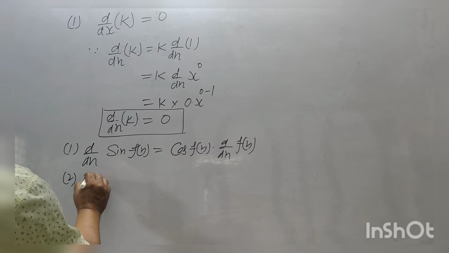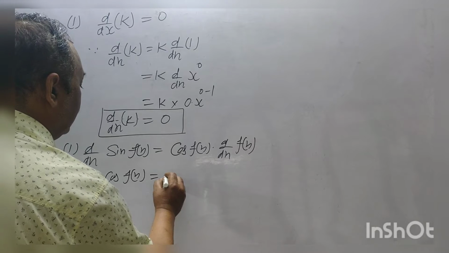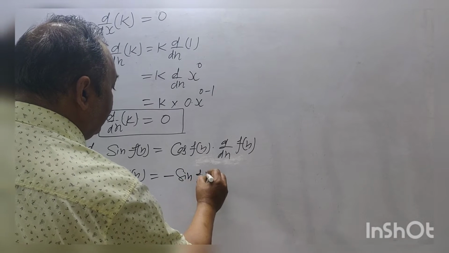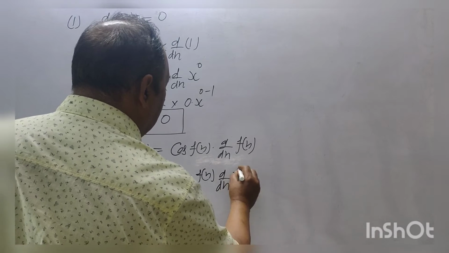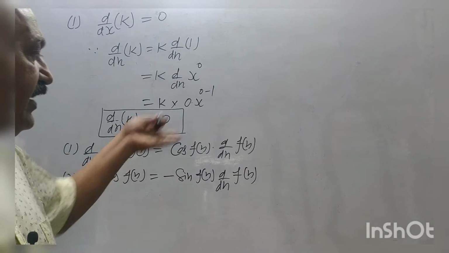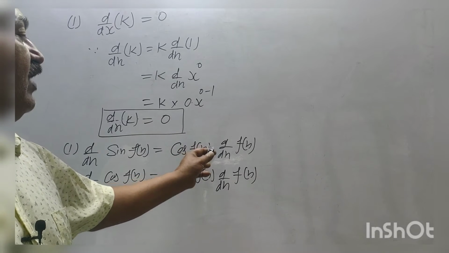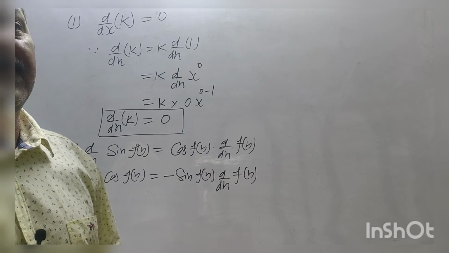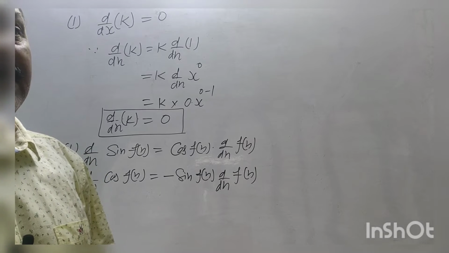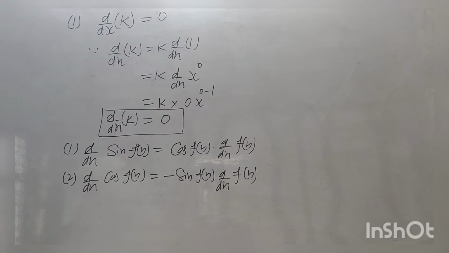Second is d upon dx of cos of fx, that is equal to minus sin of fx and further derivative of fx. बस आपको पिछले फार्मूले आपको याद होने चाहिए, फर्दर डेरिवेटिव लेना है fx का. यदि यहाँ fx के स्थान पर x के स्थान पर fx है, तो आगे इसका दोहरा डेरिवेटिव लेना होता है, और इसको बोलते हैं चेन रूल. This is also called chain rule. ये चेन चलती रहती है आगे से आगे, जब तक ये क्वेश्चन कंप्लीट ना हो. By chain rule, you can solve the applications.